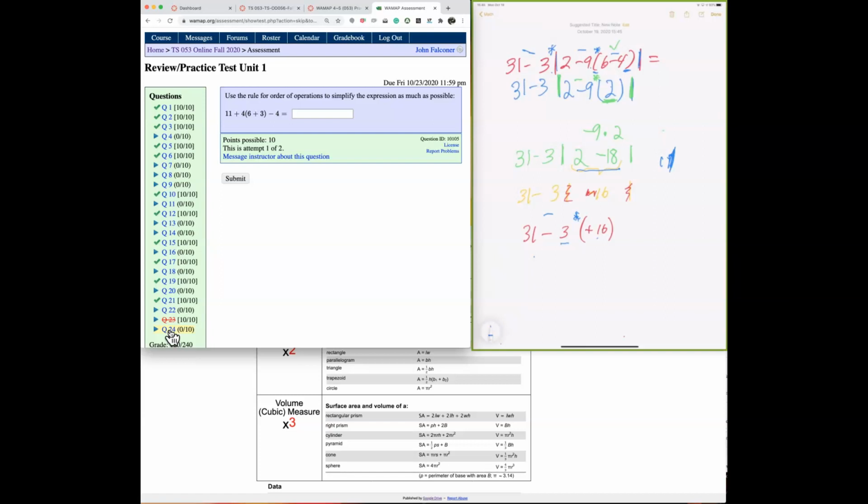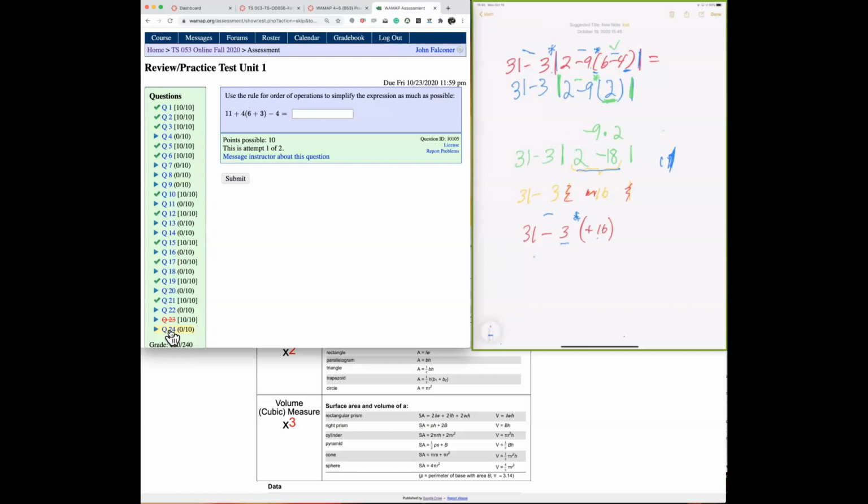So if we write in P, E, M or D, A or S, we're going to start here with the P in PEMDAS, of course. So we're going to do this first, 6 plus 3. That evaluates to 9, and then I'm going to rewrite the whole thing again. And hang on to these parentheses one time because we're going to have multiplication. Sometimes it helps keep things clear. So now that we're done with the parentheses, there's no operation in these parentheses, so we're going to continue with our